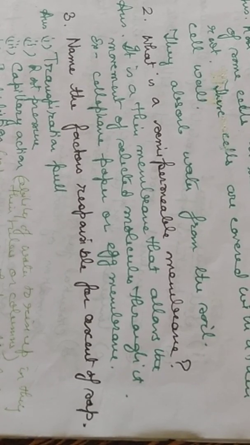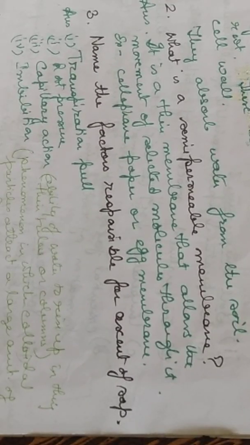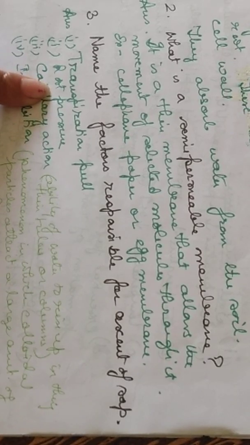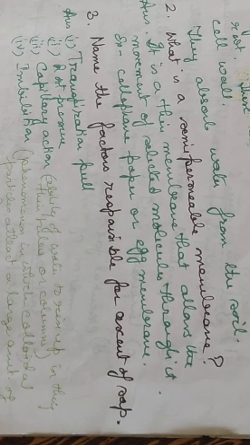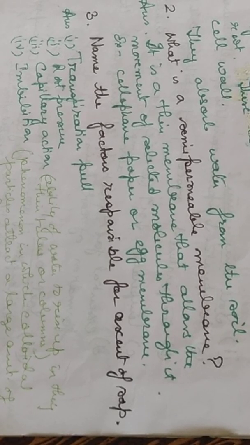Now name the factors responsible for the ascent of sap. The factors are transpiration pull, root pressure, capillary action and imbibition. We know that the more the transpiration pull, the more will be the ascent of sap. That is, the sap will ascend more into the plant tissues. Then root pressure: if the root pressure is more, then that will push the sap from the root